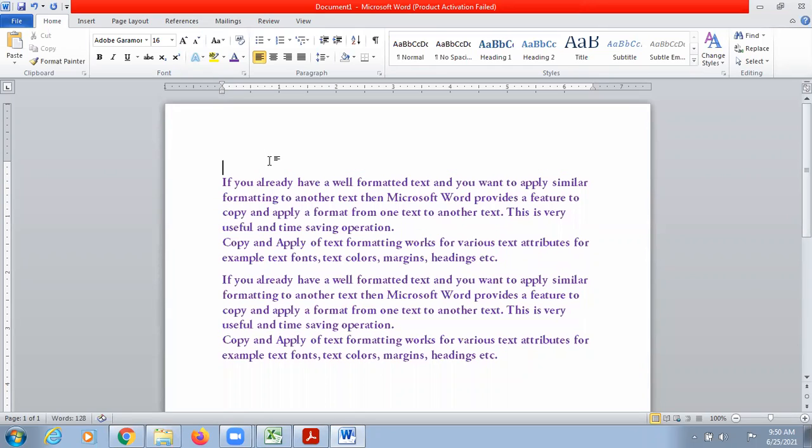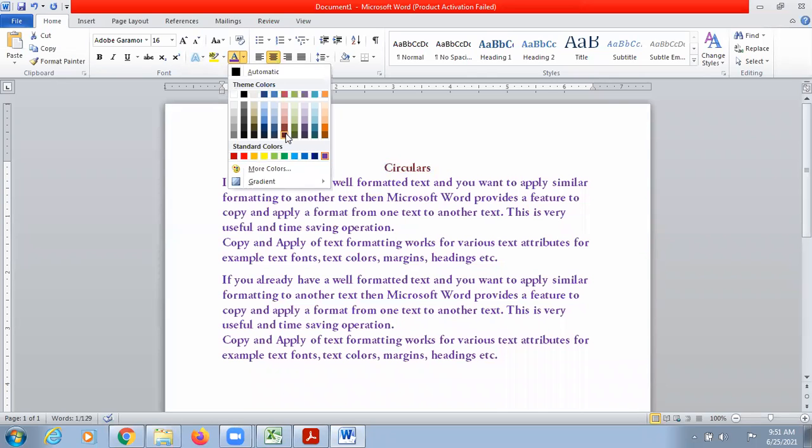Maybe it's not a circular for any class, but suppose I am typing a few circulars for your class and I want to cut these circulars and distribute them in your whole class. Maybe I have 40 students in my class and I want to paste the whole content 40 times. So maybe I am going to change the color of this text.